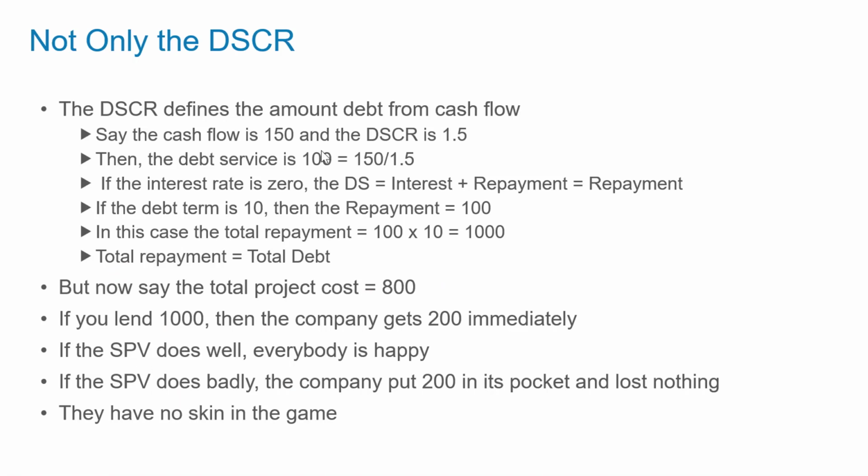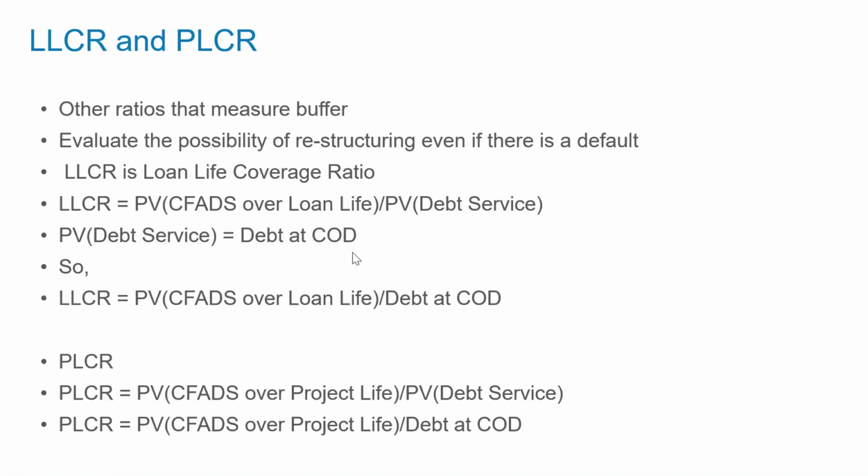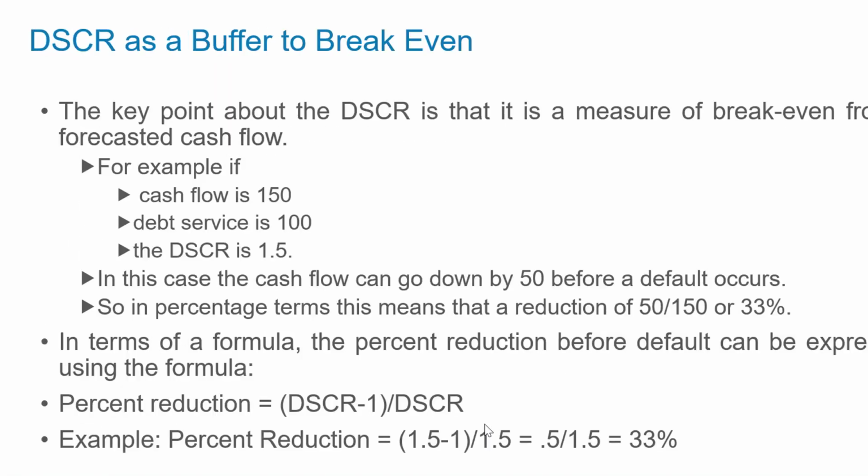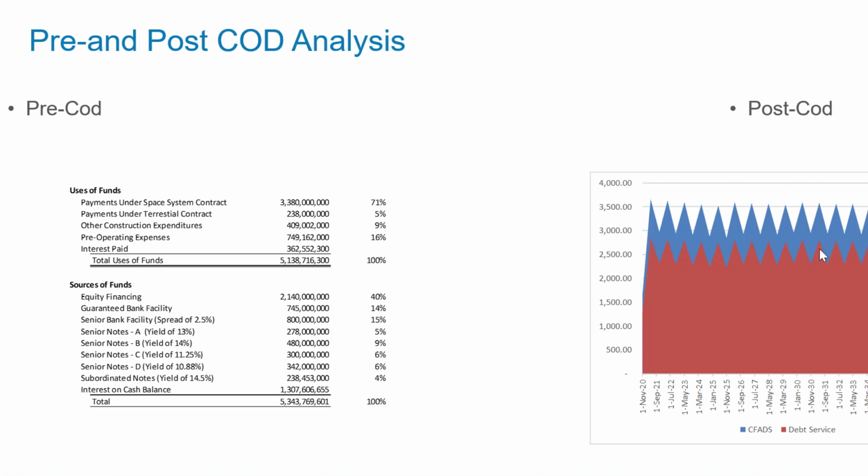I should have really said that here. Now I realize I probably needed a little bit of an extra slide for that. But if we take the interest rate on the debt, if we take the present value of all the cash flow over the life of the loan and realize that the present value of the debt service is the same as the debt, this ratio called PLCR, it measures what happens if we go down and push this down